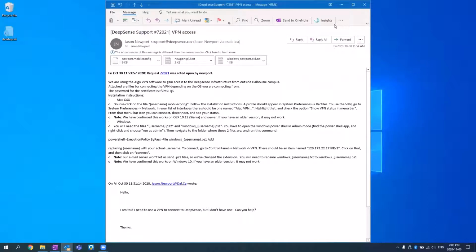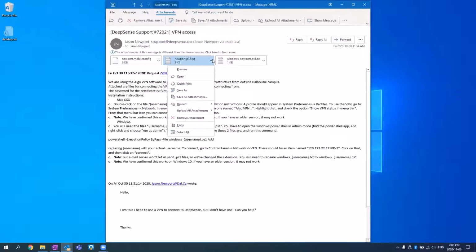For Windows computers, we have confirmed this works on Windows 10. If your operating system is older than that, it may not work. Now, I have the email from DeepSense with instructions open here. We'll need two files for this, and they're going to be called your username.p12, which I will save